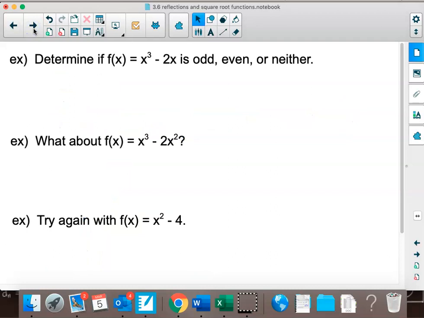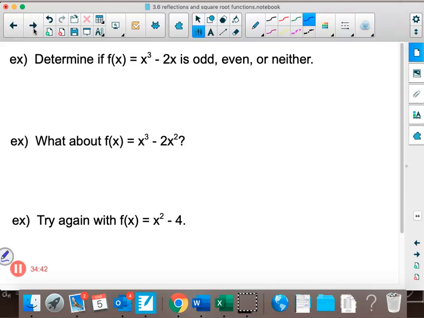All right. So this first problem, I'm going to walk you through it. Then I'm going to make you do the next two. Then I'm going to teach you the shortcut. All right? So for the first one, if we have f of x equals x cubed minus 2x, and I want to determine if this is odd, even, or neither,